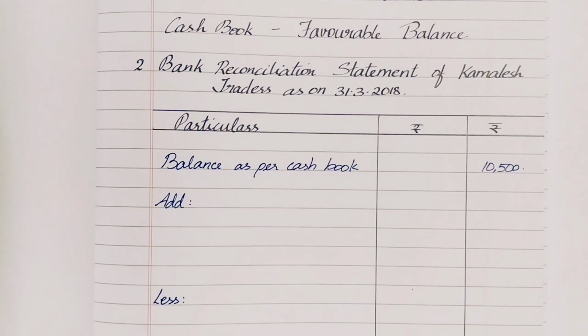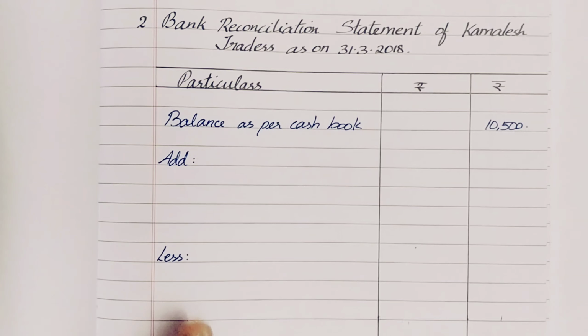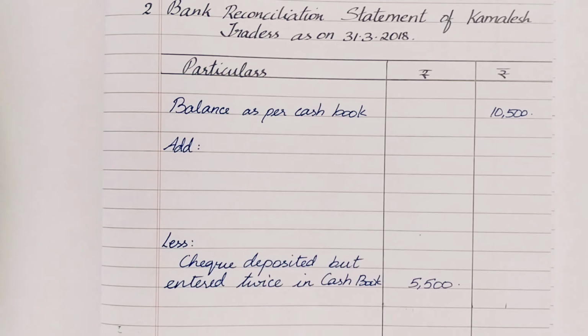Bank balance increases, but it is entered twice in the cash book. Where we have to enter it one time, we have entered the deposit twice. Therefore, the cash book balance will be much higher than the bank book balance. So we have to balance it, so give it an opposite effect. We have to decrease the value and show that and balance it. So I'm going to write this transaction in the less category.